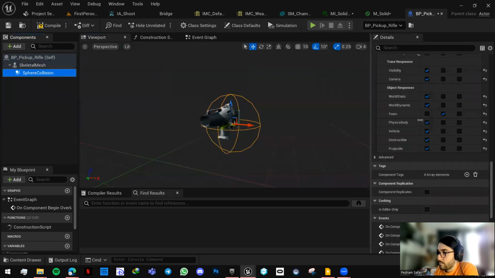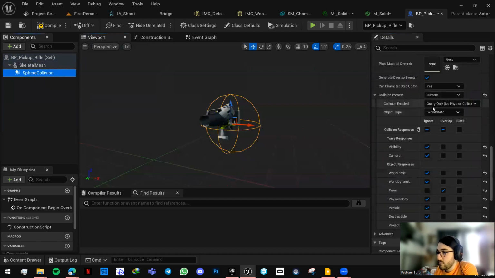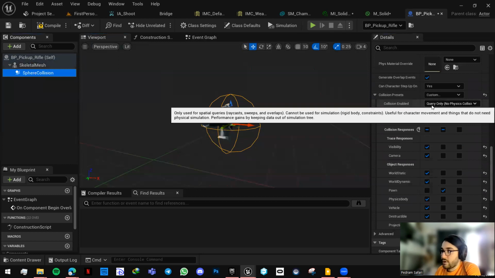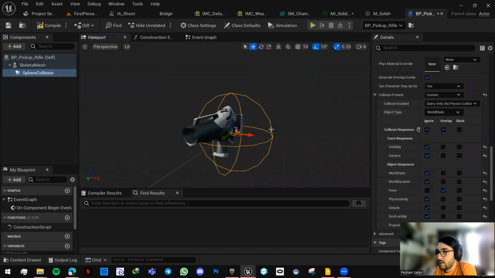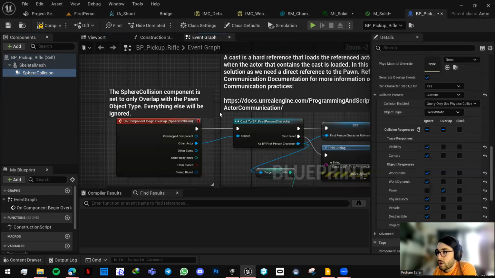But this one is just query only, the environment and the interactions. So we can set the object to ignore static and dynamic, but overlap the pawn. So what it does right now, this is what we put around it in the session to try to